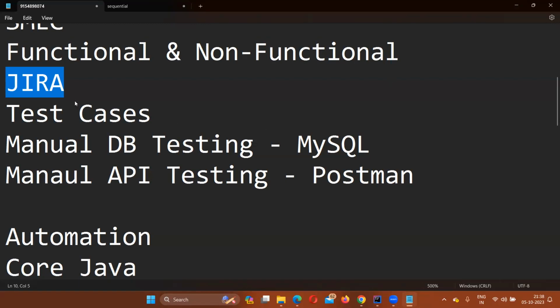So you are going to learn Jira. You are expected to do it on your machines. Next, you will learn how to write test cases. Test cases कैसे लिखना है? How to write test cases? You are expected to know this. So you will be learning this also. I'll help you in writing test cases.